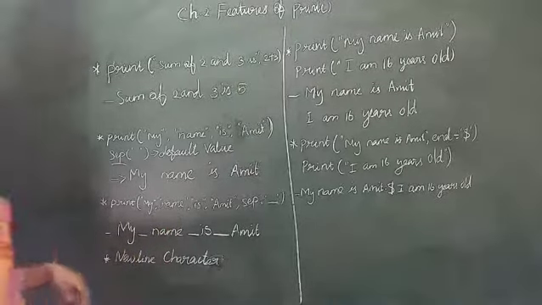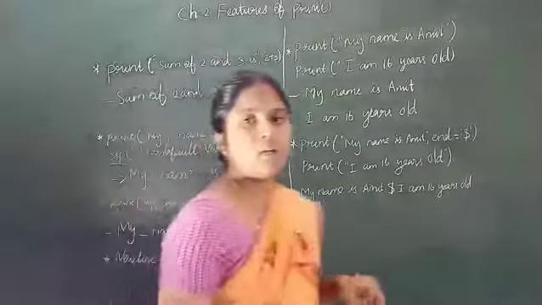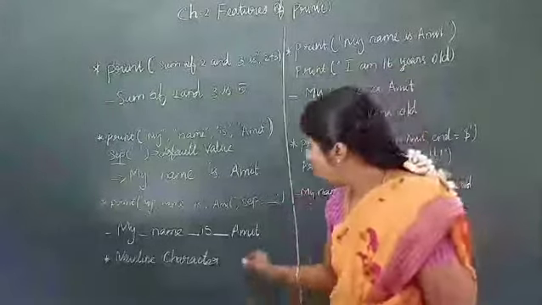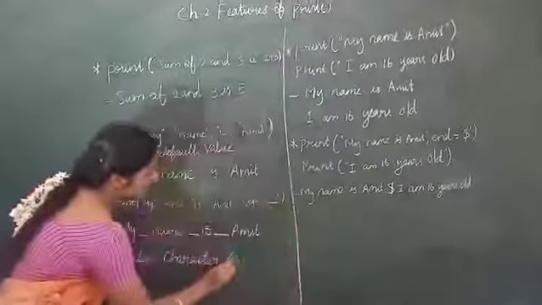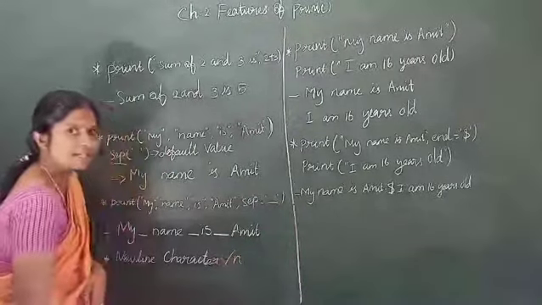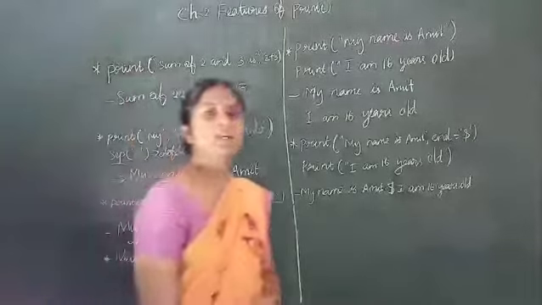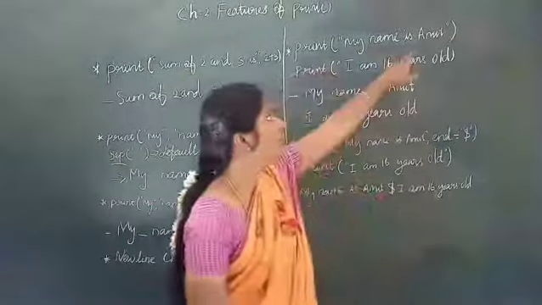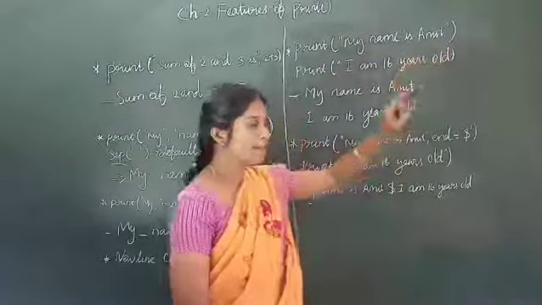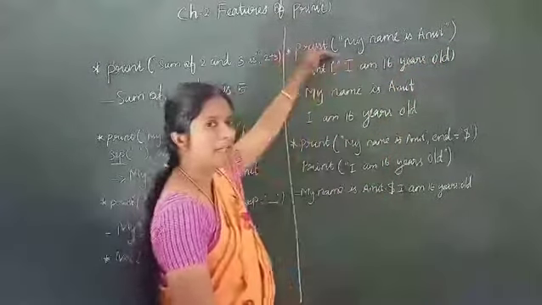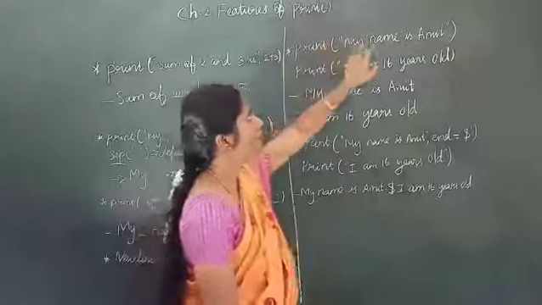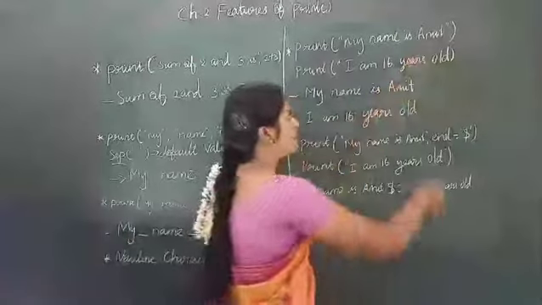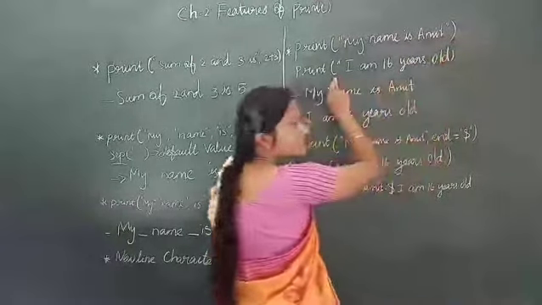Okay. The third point is the new line character. What does new line character mean? It is \n. Python will automatically add a new line character at the end of the print statement. For example, it will read the code print function first: print my name is Amit. So the cursor will automatically move to the next line.